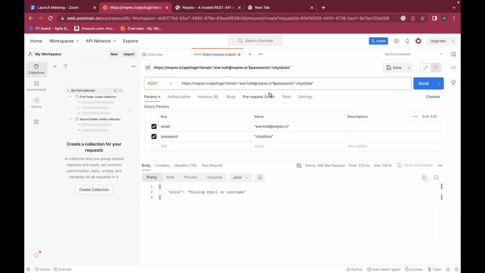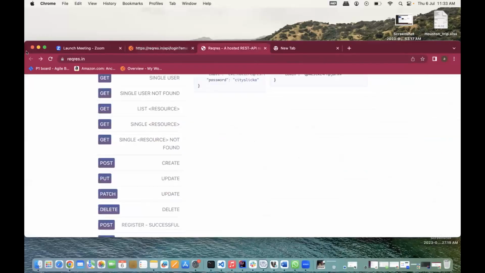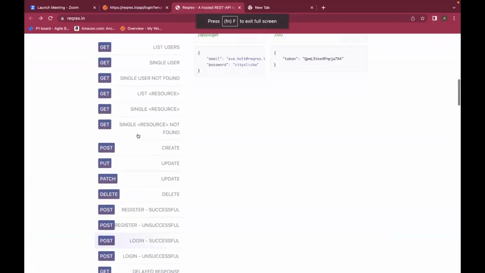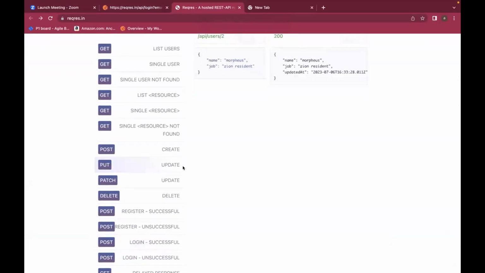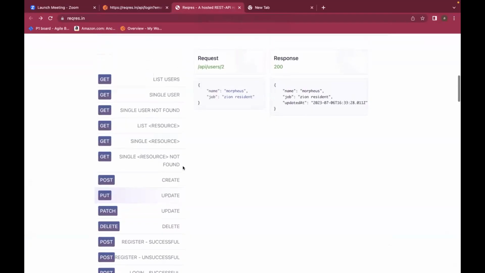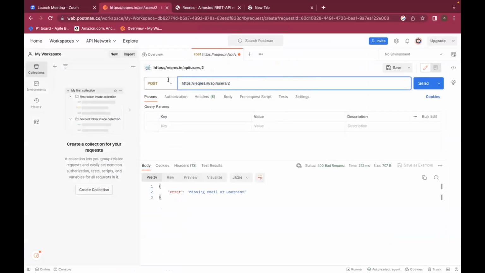Okay. Now go back to request.in. You have done your create, you have done your retrieve. Now let's look into update. There are two types of updates, put and patch. Put is also update only, patch is also update only. So now copy the endpoint, copy the payload also. Paste the endpoint in your URL. Now this time you will use put because this endpoint supports put.